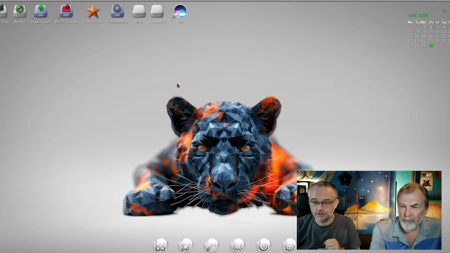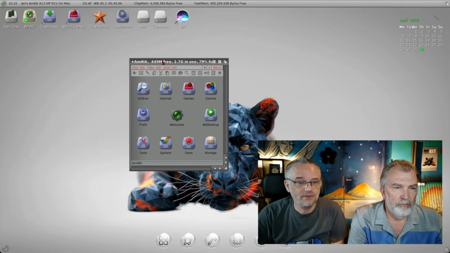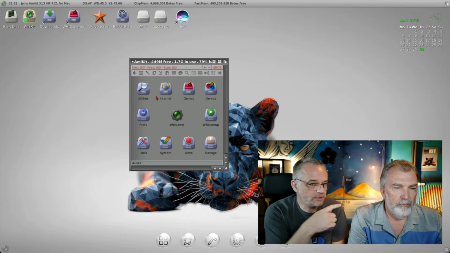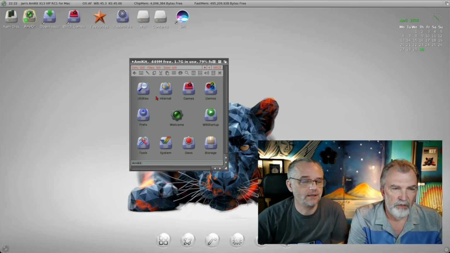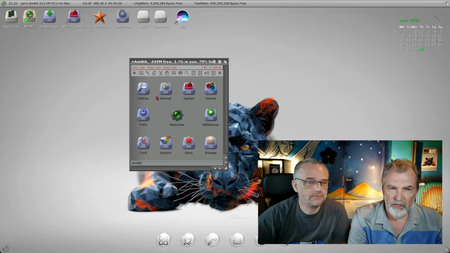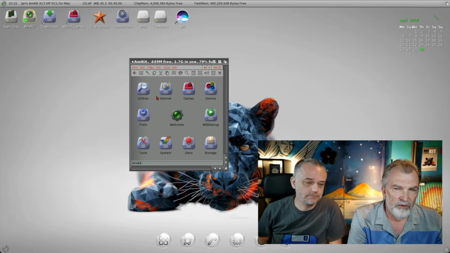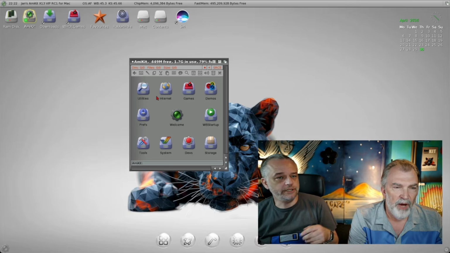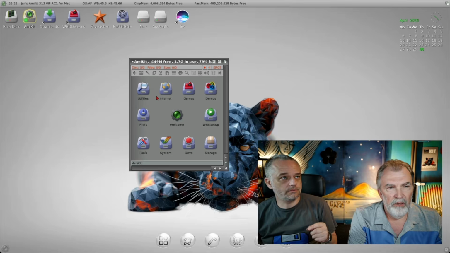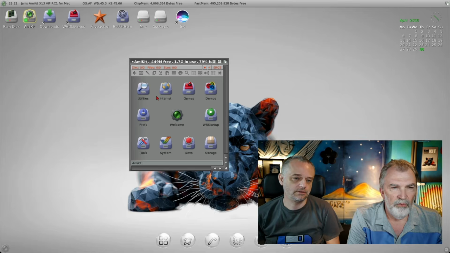So let me show you actually what we're talking about. We switch to this. This is AmiKit 13, and these are the icons, but these are new ones actually, right? Right. And bigger ones. They're 64 by 64, which is a more standard size that Linux uses and OS4 uses. And we did them for a project we did together in 2017 and 18, I think, to make it look good. So it's AmiKit X 2017 when it was released. And we redid the